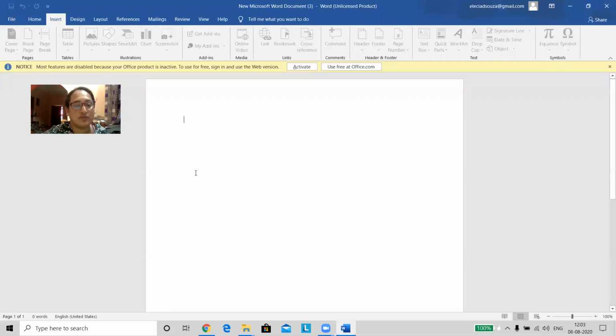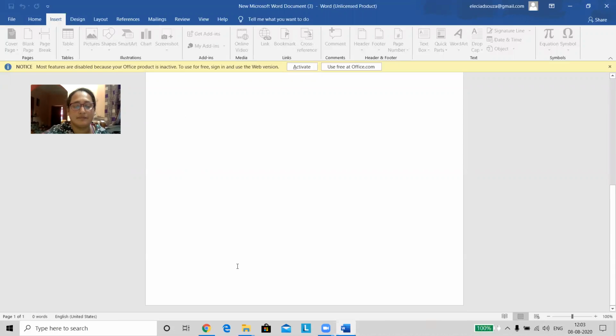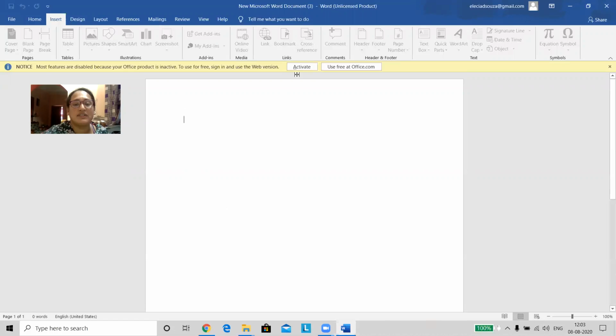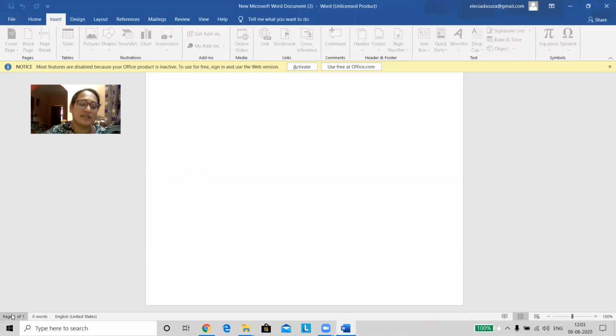So I have only used first page. As I'm giving enter, I can't move forward because I have not activated it. So as you are going to second sheet, third sheet, the status is visible in the status bar.